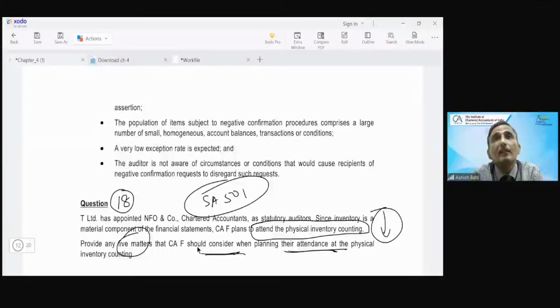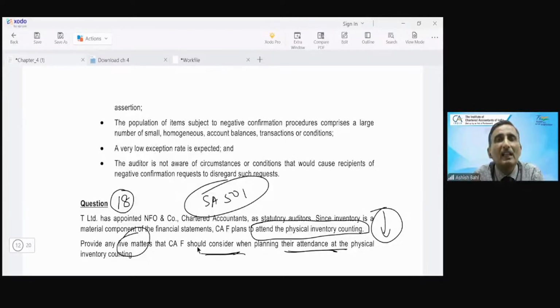Like, first of all, you would see the number of locations at which inventory is lying. So like you are going to a city, but the inventory may be at 3-4 places at different godowns. So you need to go to all the godowns or all the workplaces. So you would also try to